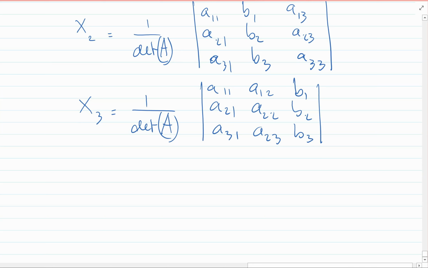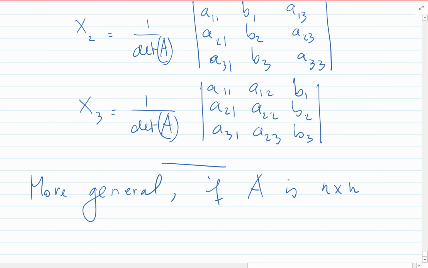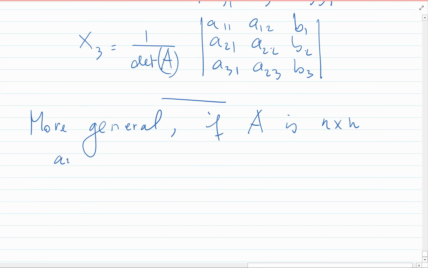A way of how to find the unknowns to the system. If the coefficient matrix is... so this in fact generalizes. If A is n by n, in other words, you have a linear system with n unknowns and n equations, and A inverse exists, then what is